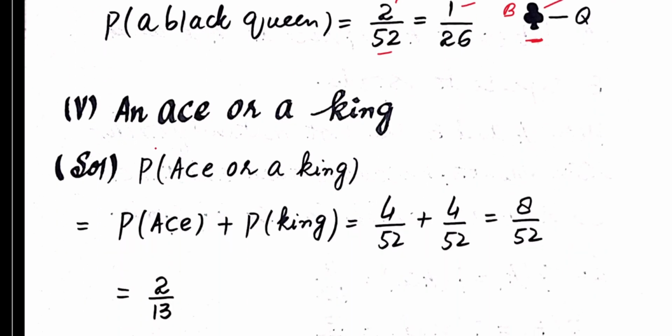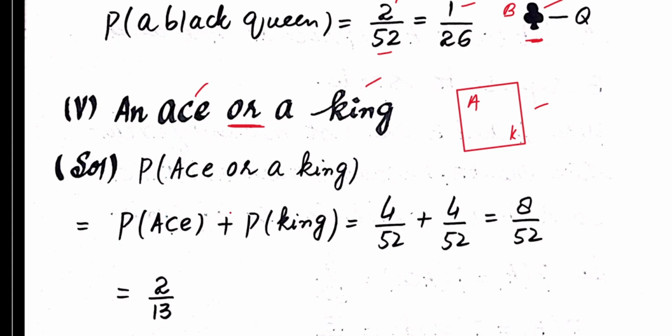An ace or a king. This is the probability of or. It means now you have to find the probability of union. So in this case you have to decide whether there is intersection between ace and king. Is there any card that represents both ace and king? Is it possible on a card that it is also A and K? Have you seen any card like this? This is not possible. There is no card that represents both of the qualities. It is also a card of ace and card of king. So these events are actually mutually exclusive events.